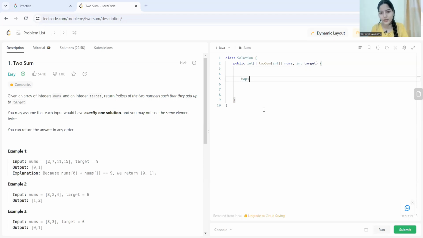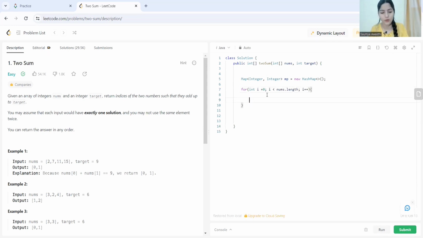So map, and both the key and the values are of integer type. So new HashMap, right? And then what we are going to do is iterate over our array, i less than nums.length, i plus plus.